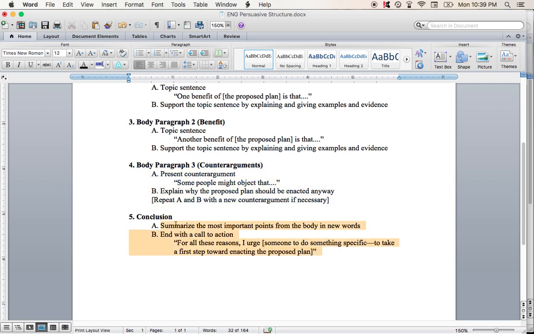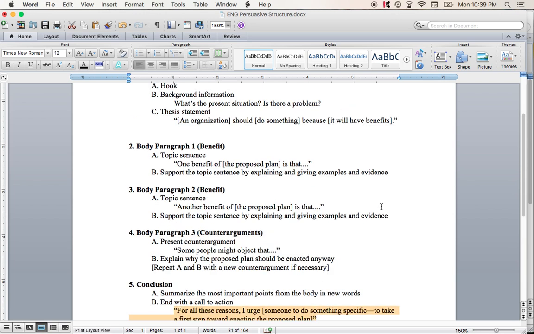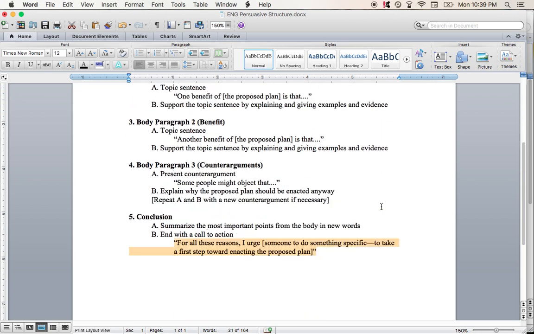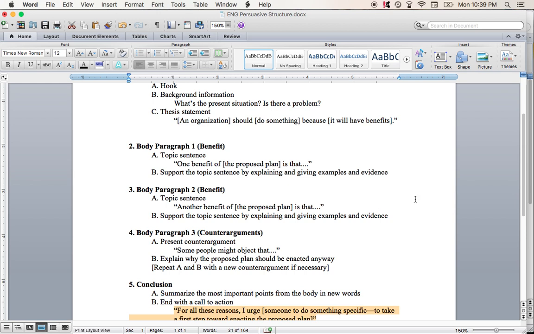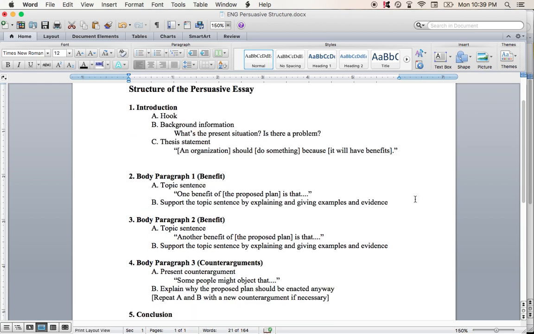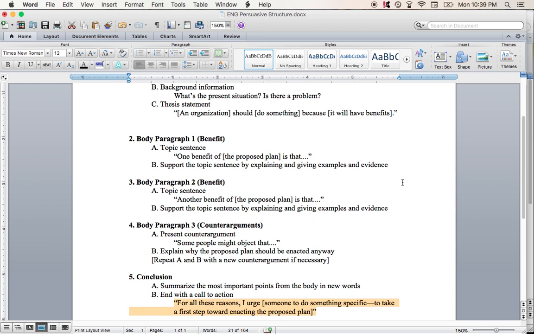And therefore, in the conclusion, you remind them of all the most important points, and you end with that call to action to make sure that they actually do something to make your plan into a reality. And that's how those 5 paragraphs of the persuasive essay are supposed to work together. That is the structure that you need to follow in your own essay to get the best